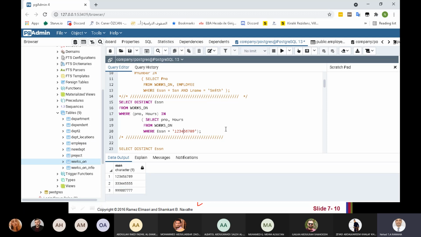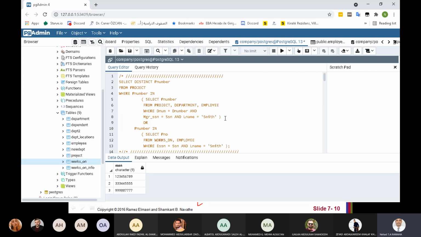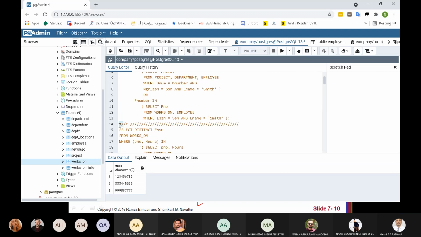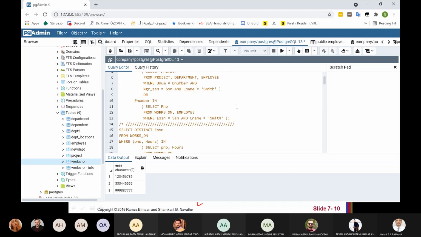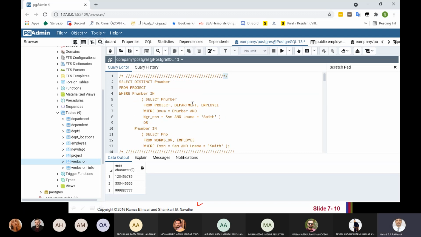Okay, what if I don't know the ESSN? I need all employees working on the same project and hours as the employee whose name is John Smith. Then it could be like this.